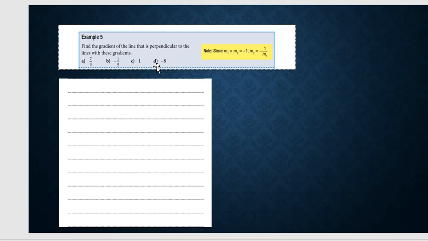Since m1 times m2 will always be equal to -1, m2 will be equal to 1 divided by m1, such that for us to find the answer for A, which is 7/3,